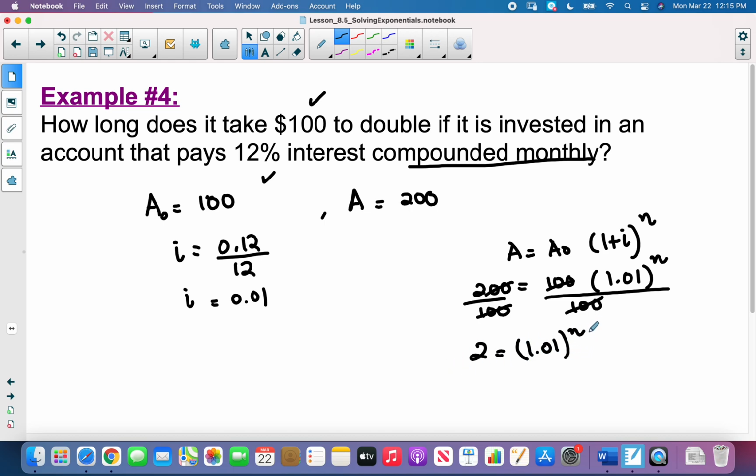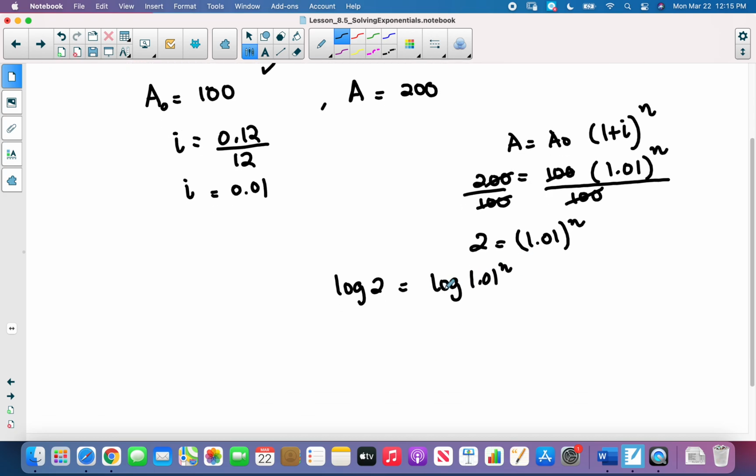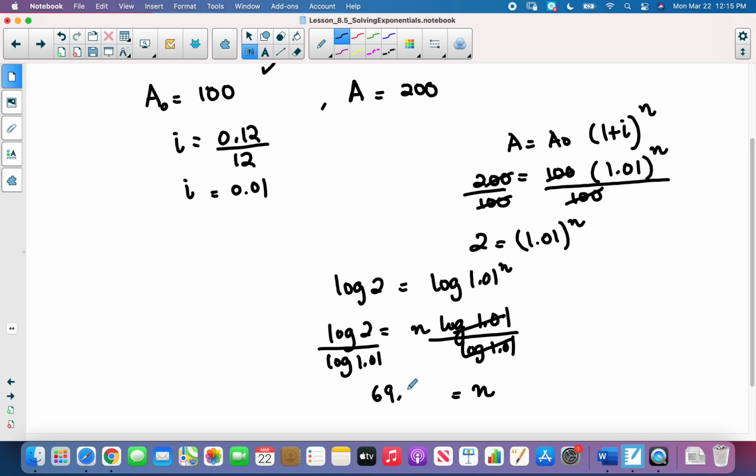So when you have an expression like this and you're solving for n, where n is the exponent, you can take logs on both sides. So log of 2 is log of 1.01 to the power of n. And we can bring this n down here. So log of 2 equals n times log of 1.01. We can divide both sides by log of 1.01 to isolate n and solve for it. And we get n is equal to log 2 divided by log of 1.01, which works out to about 69.66. So our answer is that n equals